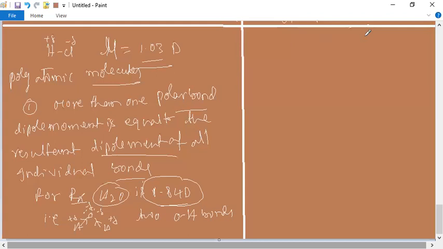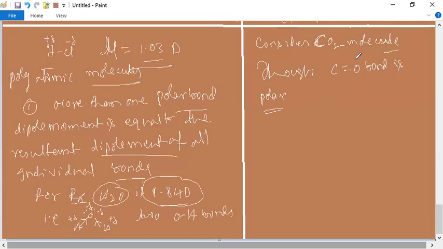Next example, the CO2 molecule. In this case, the CO bond is polar due to the electronegativity difference. Oxygen is more electronegative than carbon, so oxygen gets a negative charge and carbon gets a positive charge. So the CO bond is a polar bond. But the resultant dipole moment of the overall molecule